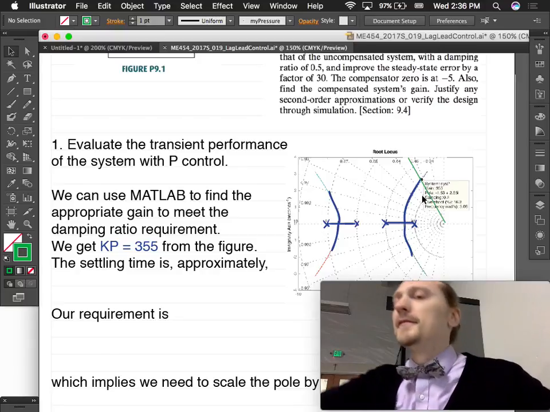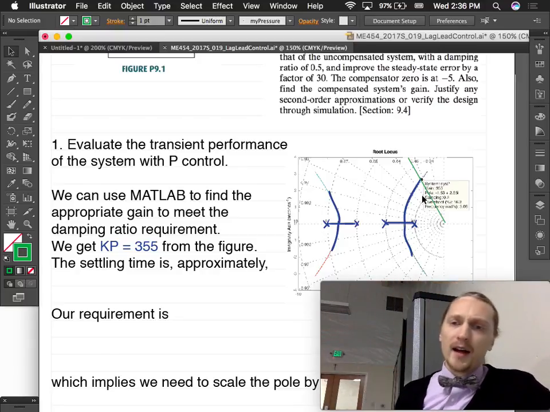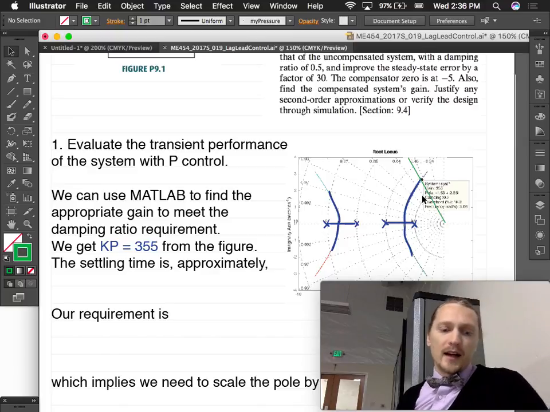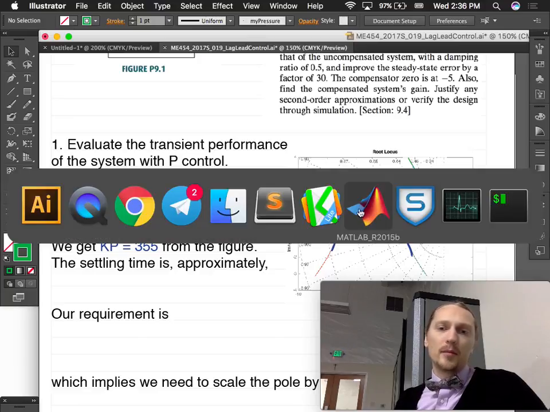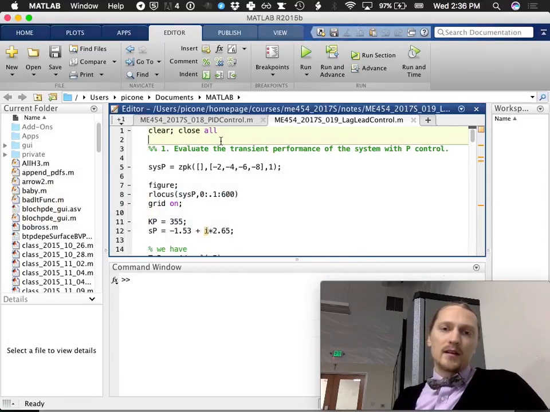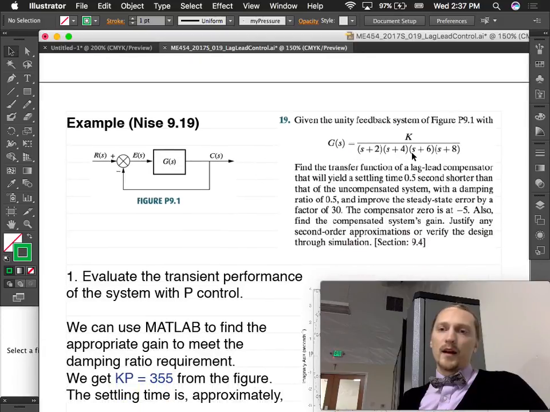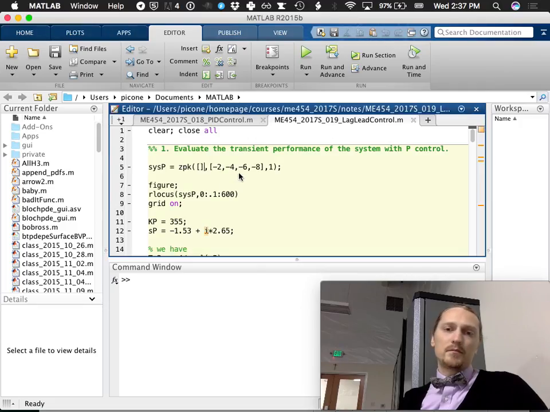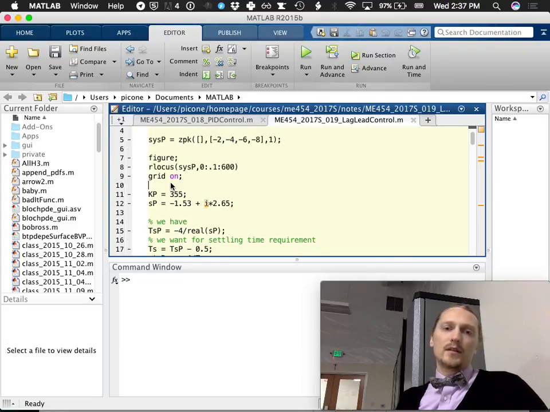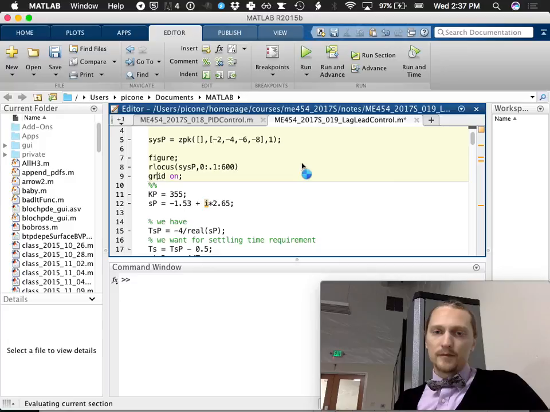Okay, so we've got the damping requirement already met by our proportional control. And I said that in MATLAB that took a gain of 355. Let's go ahead and open MATLAB and let's do that. So I define the system, the uncompensated system here. There are no zeros in this problem, and there are 4 poles. So I just plop those poles in there and do a root locus. So if I stop it here and evaluate it,